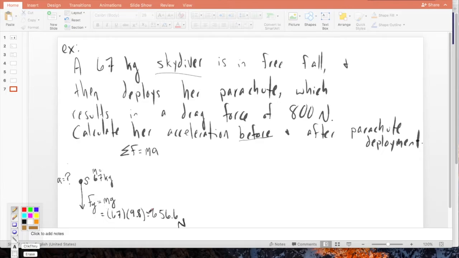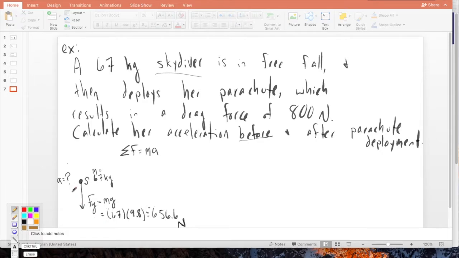In what direction is that force going? Remember, forces are vectors. They have a directional component. It's pointing down. You can consider down to be negative or positive. It really does not matter to me. I like to consider down to be negative because it's going down. The skydiver's height is decreasing, so to speak. So I just need to remember that, hey, this is down, this is negative. So I'm going to call that a negative